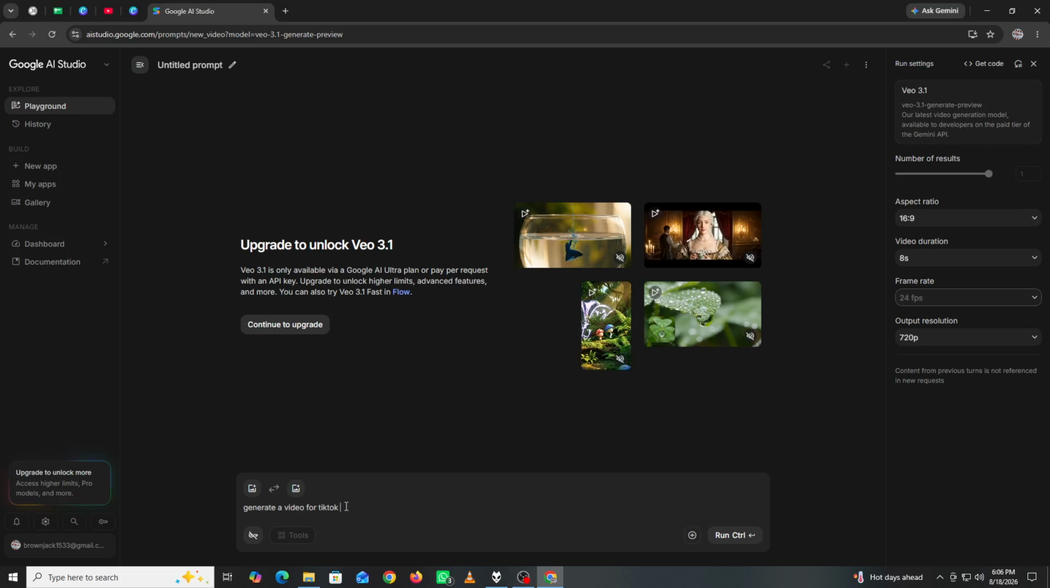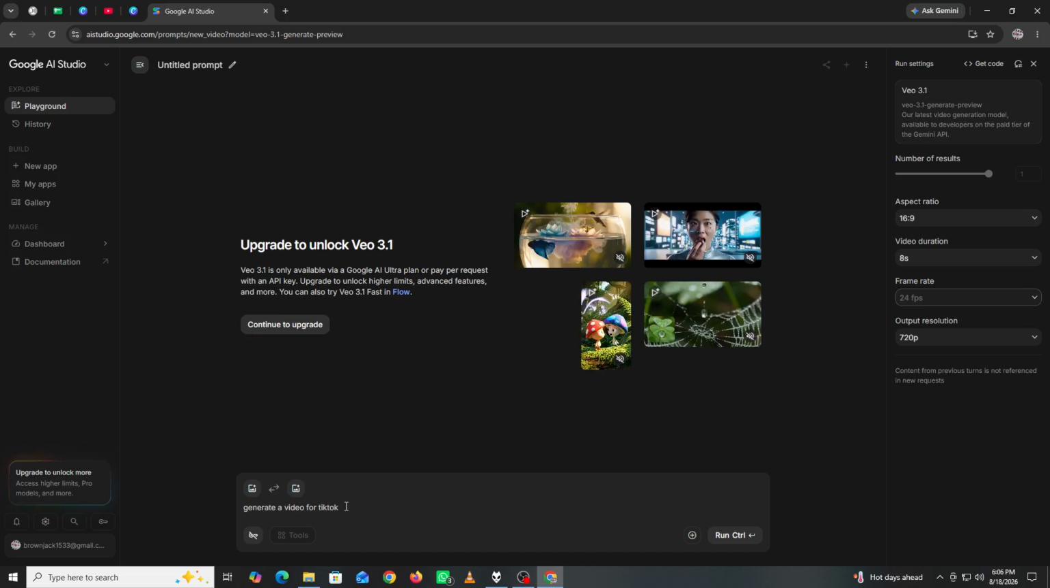Before exporting, check the video in vertical format and make sure important subjects and text are positioned safely within the visible area. Also check for flickering, distorted objects, inconsistent characters, and awkward transitions. Finally,